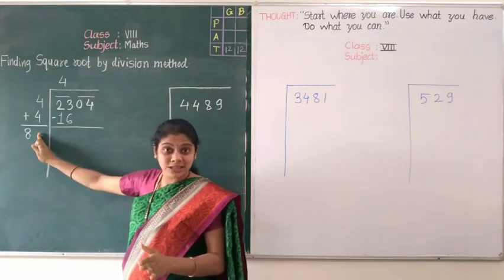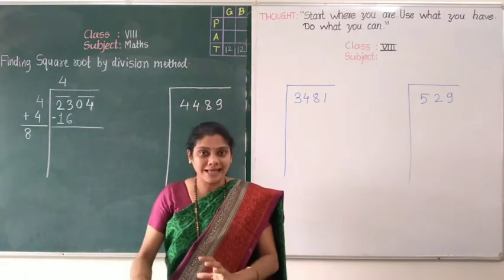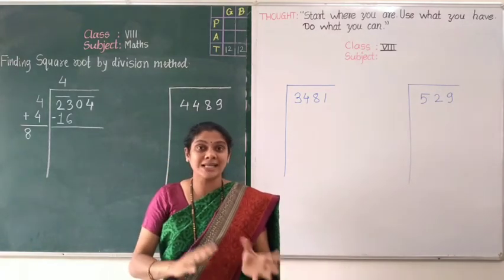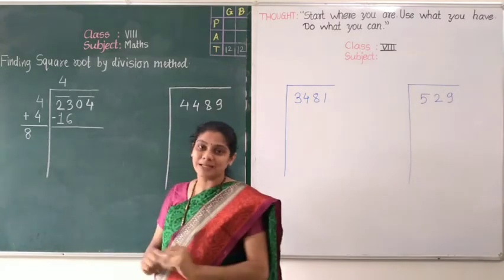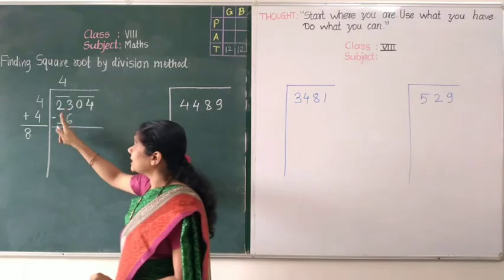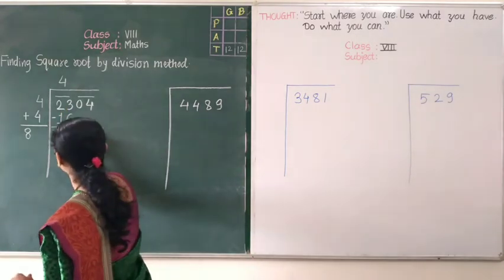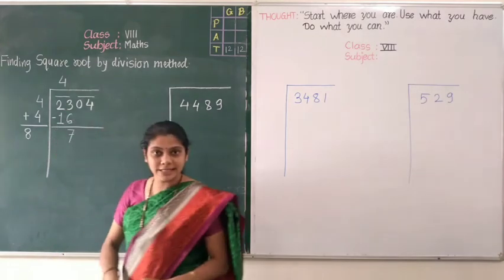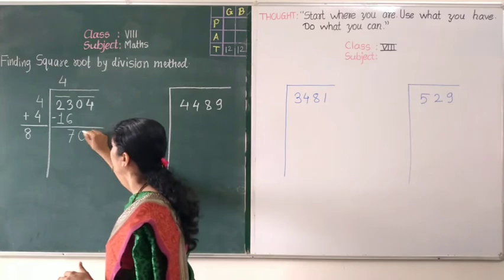आप अगर बोलेंगे ये 4 और 4 है तो इसके नीचे ही हमें 8 लिखना है। जी हाँ, technically it is right, but we have to find out the next number also which is at the unit place. So we will write this 8 number little bit side. Okay, 23 minus 16, what will come here? 7. It is right. Now we will take our second root, that is 0, 4.